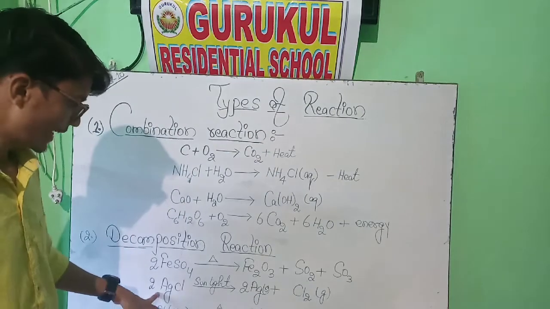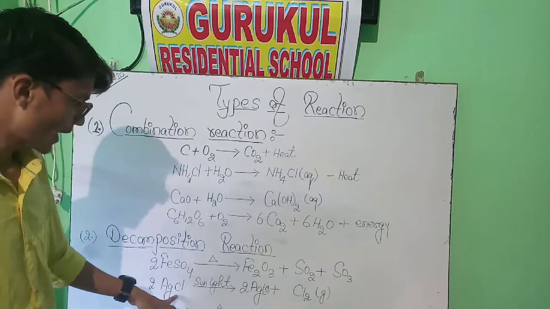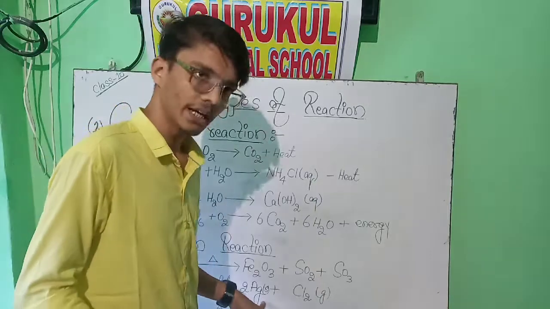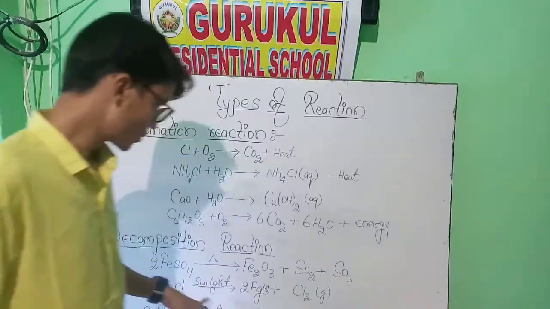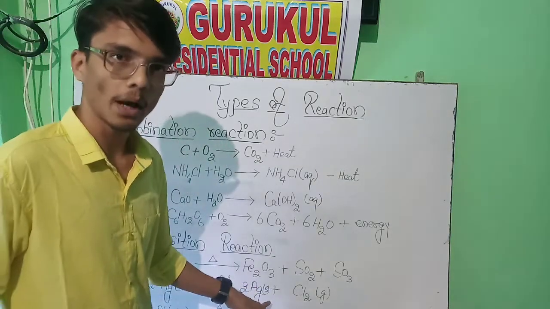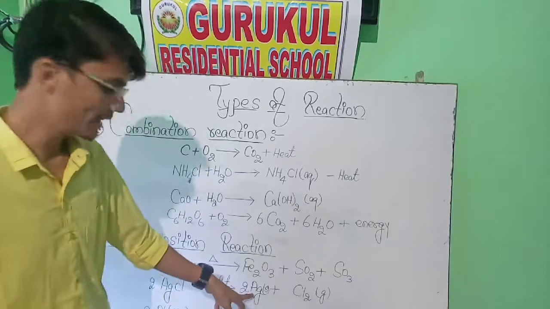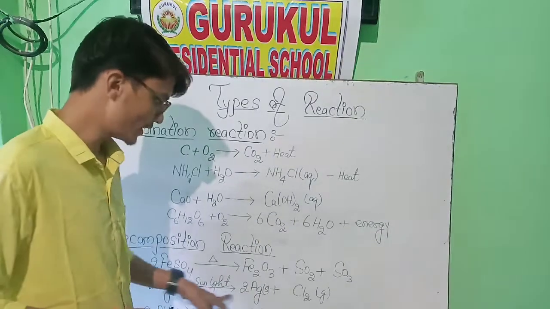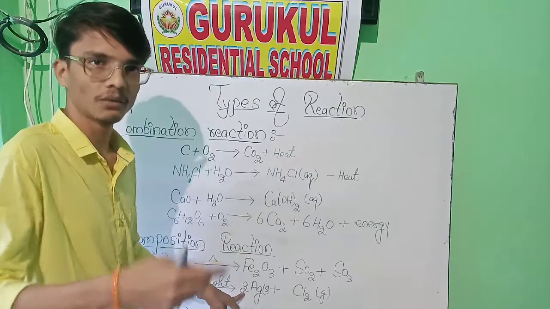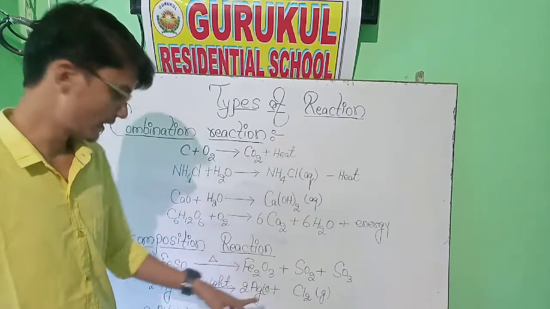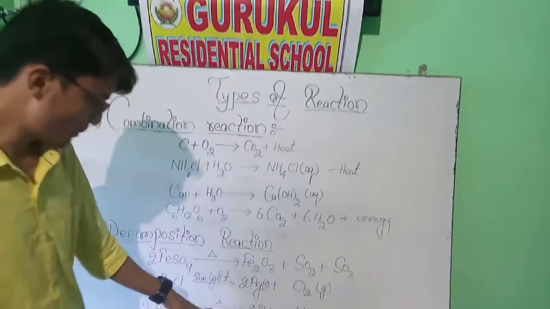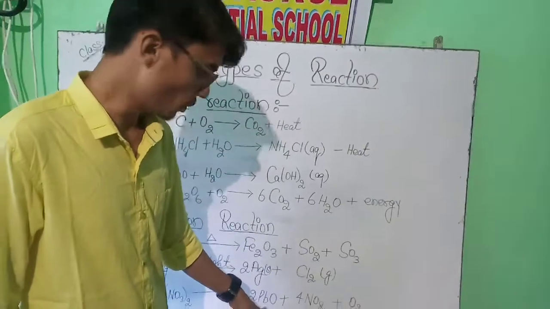Another example is AgCl, aluminum chloride. When we put it in the sunlight, it breaks down into Ag, silver, and chlorine gas. So in this reaction also the color will convert into grey. Why? Because the color of the silver is grey, so here you can observe the color change also. Whenever we put the AgCl in the presence of sunlight, it converts into grey color due to this reaction.